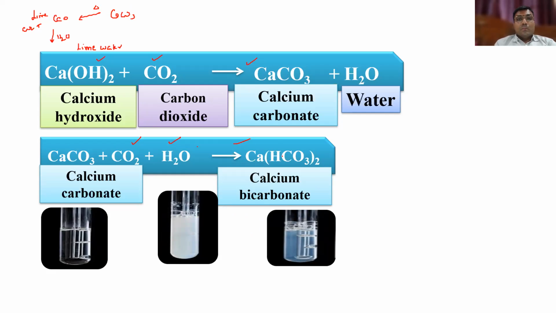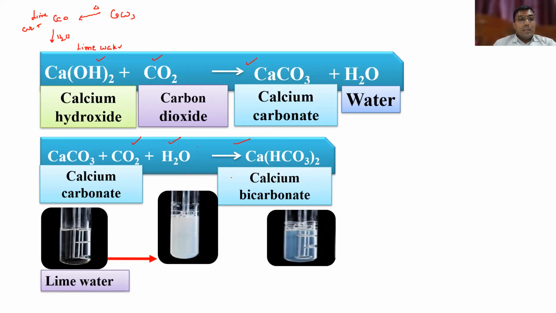Try to understand. So I repeat again. Carbonate is a precipitate and bicarbonate is in solution. Bicarbonate exists in the solution. That's why there is no precipitate. I hope you understood. Very, very important point. This you will appreciate in the higher classes. So here I repeat, calcium carbonate is what, students? White precipitate. And calcium bicarbonate is a clear solution. The white precipitate gets dissolved when you add excess carbon dioxide and water.